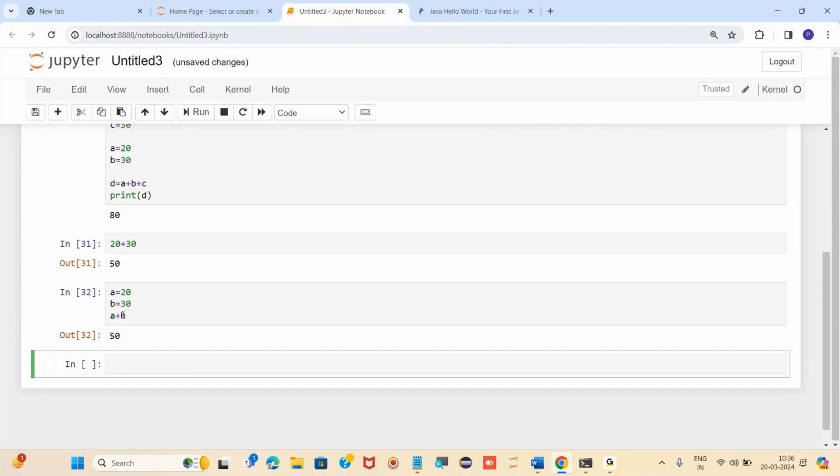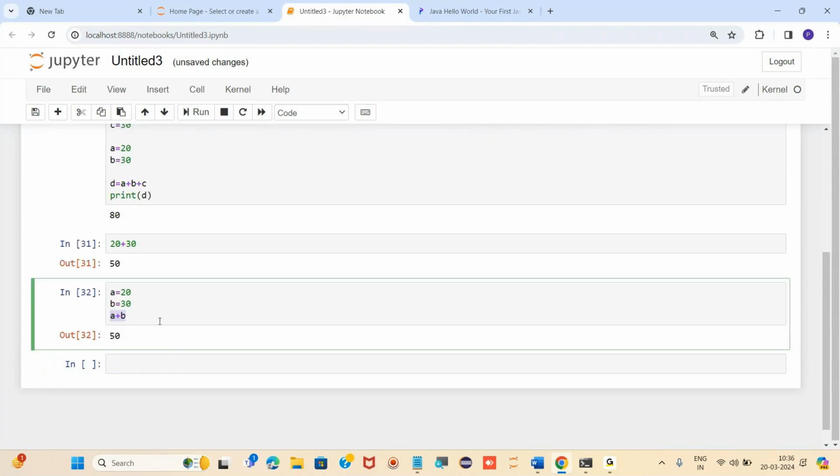We are not writing a print function here for printing it, right? The interpreter knows everything, PVM knows each and everything about whatever we are writing, right? That's why it makes Python easier, and with fewer errors in the code, we can write our Python program easily. Getting my point?